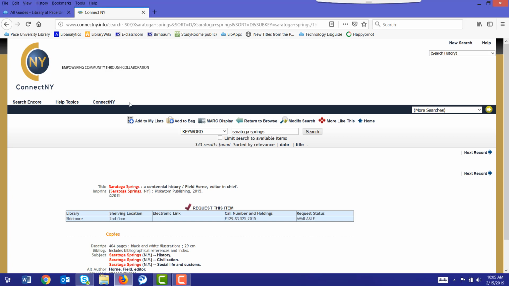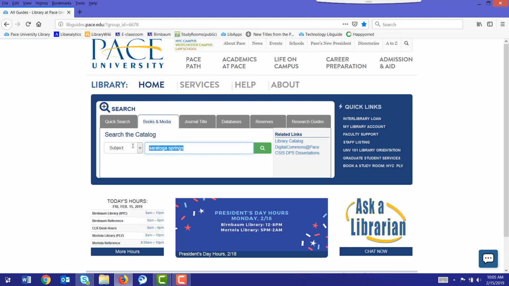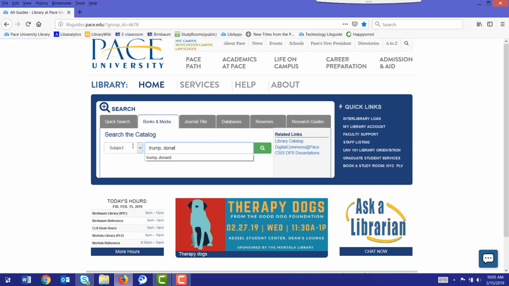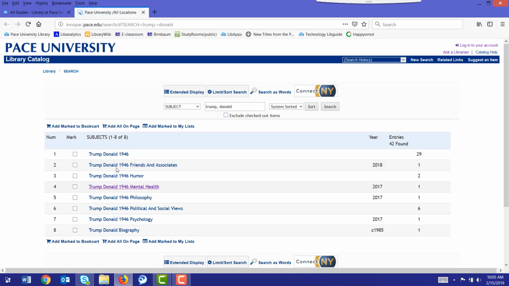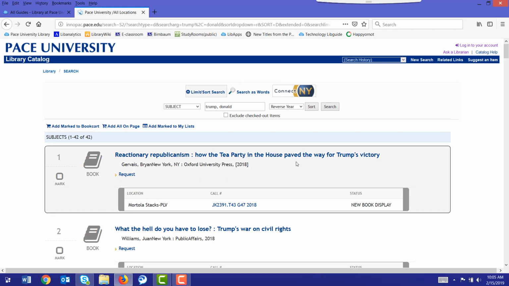And I'm also going to, if we're using Saratoga Springs as the example, if you're doing a person, you want to make sure, if it's a subject, when you put the person's name in, like Donald Trump, you want to do it last name, comma first name: Trump, comma Donald. Again, you would search. It gives you subject headings below it that are more specific. But like I said, I just recommend sorting by reverse year, and it'll give you the books that are at Pace about Donald Trump,